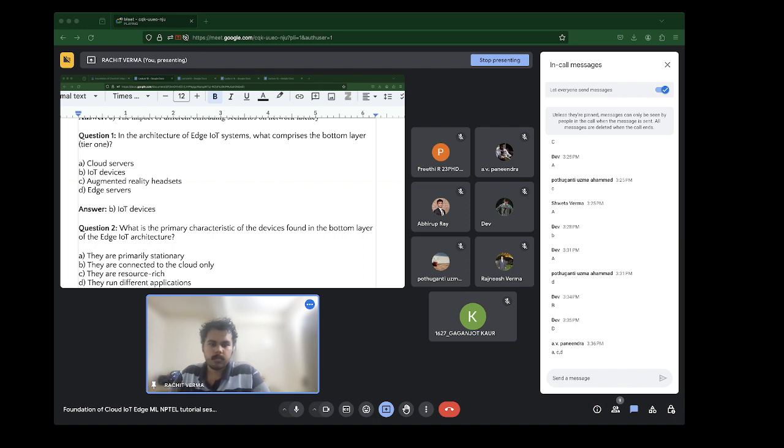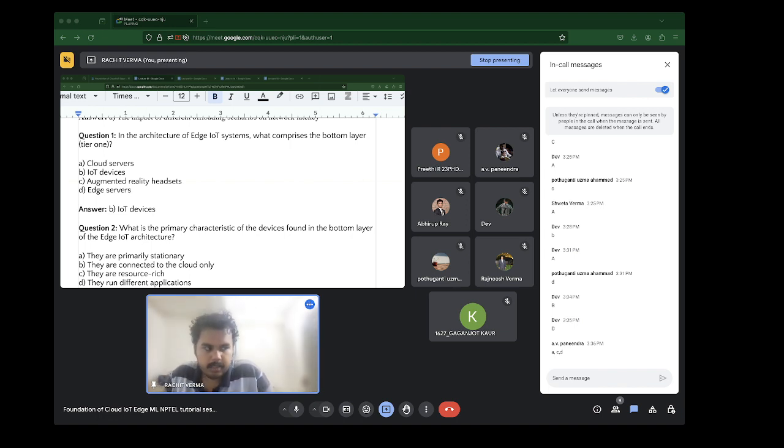Indra has said A, C, and D. So let's think about this carefully. What is at the bottom layer of the edge IoT architecture? IoT devices. Are IoT devices always stationary? If you have a car, a car can also be an IoT device.